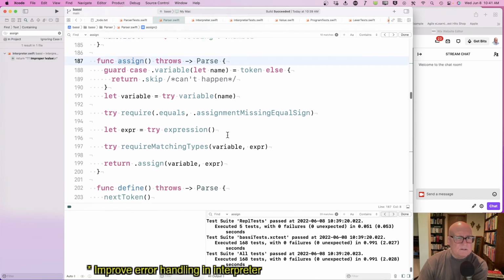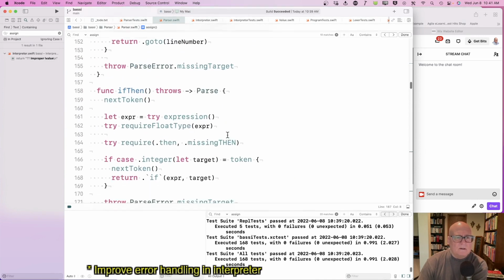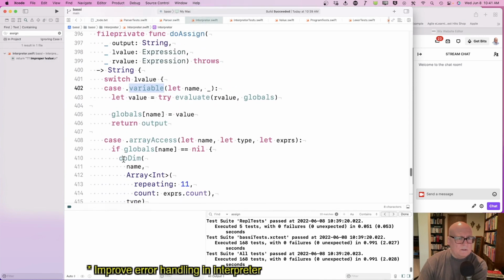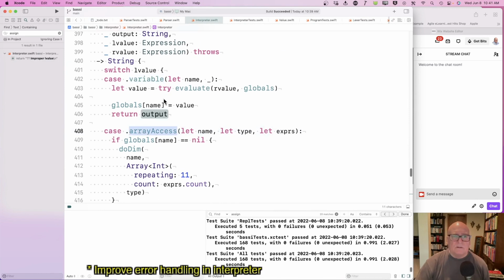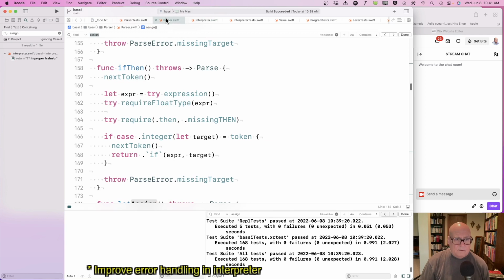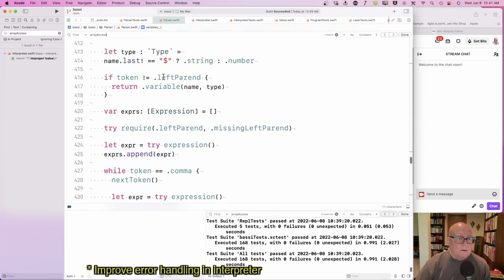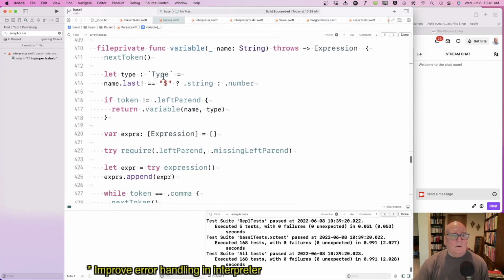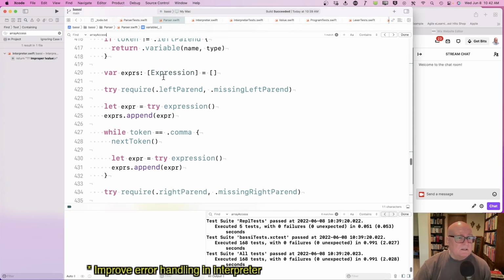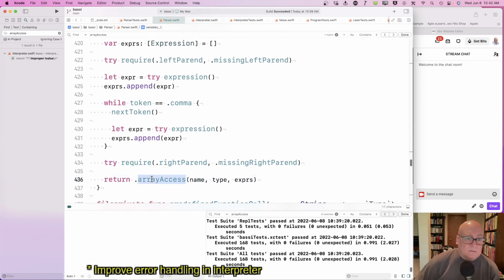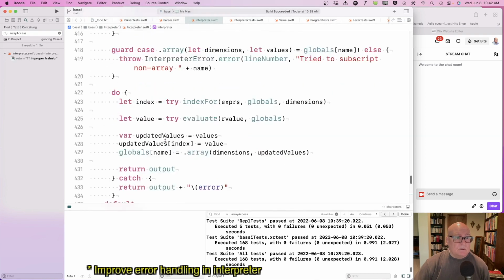I'm puzzled. Okay, so I see a sign here. In our interpreter, we allowed for array access. How is that not showing up there? Variable. Oh, okay. Variable's a little more sophisticated. All right. But yeah, so the only way you can either return variable or return array access. We don't really allow anything else. So it's more of an internal error can't happen. Okay, so down here,